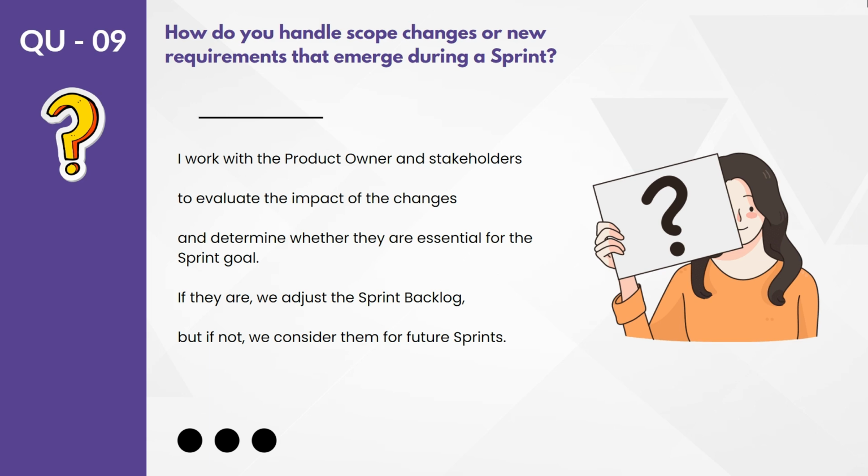But if it is understood that the scope change is not something which we have to take now, we can consider that for a future sprint, not a problem. But if you have to adjust that change in the current sprint, then your current sprint delivery will be impacted. Or to maintain the same timeline, if the change requires more hours, then the developers have to spend more hours beyond the time which is agreed for the sprint. So it will take some time.